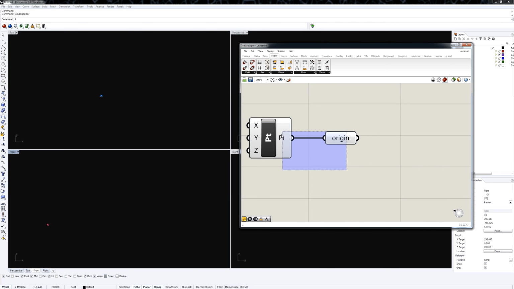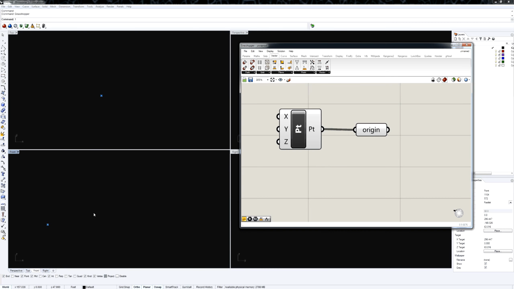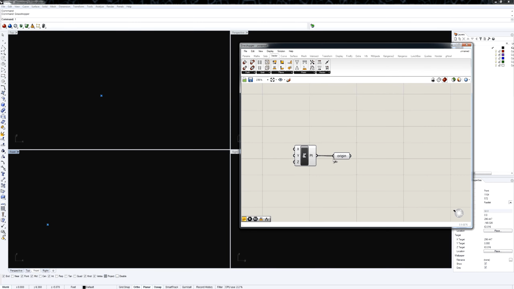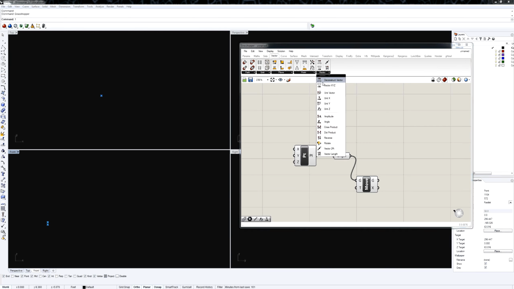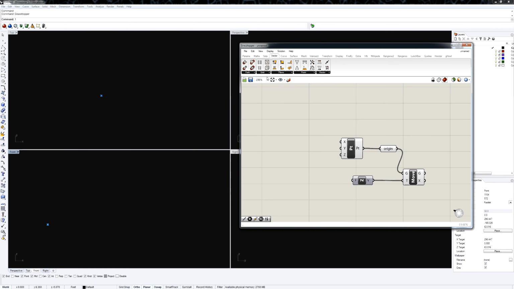So the first thing that I'm going to need is an axis to revolve around. To do that, I'm going to take my point and move it. I'll go to transform and affine, Euclidean, move, and I want to move it in z. So I will get under vector a component that creates a unit z vector, and we can give that